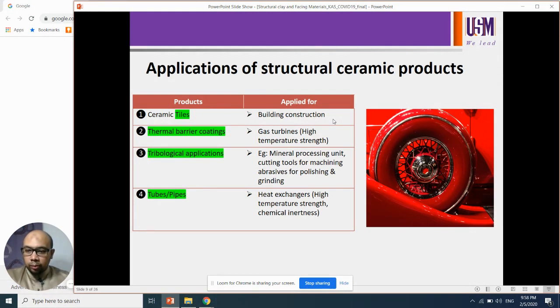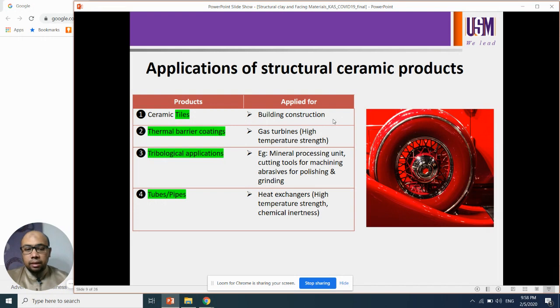You put alumina powder on a sponge and then you grind. Okay. Number 4 is tube and pipes. Okay, I think I already explained before. For chemical, oil and gas, why we use clay base in tube and pipe, because the most important properties